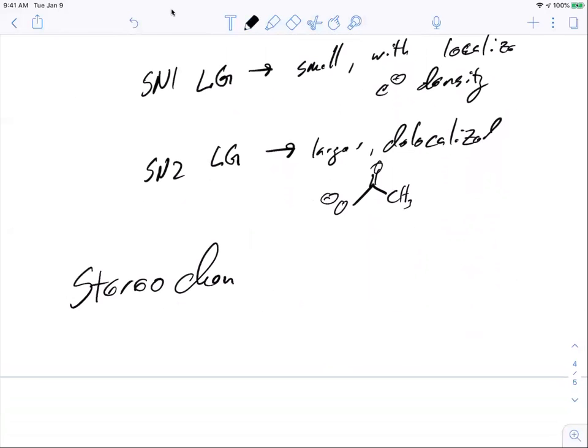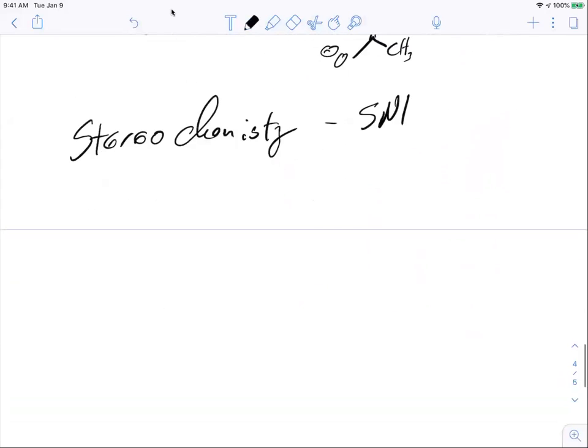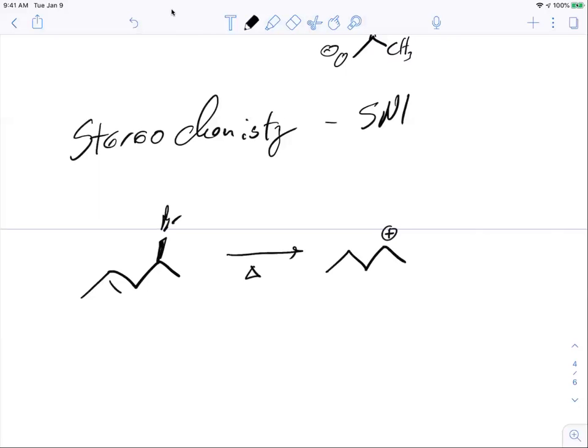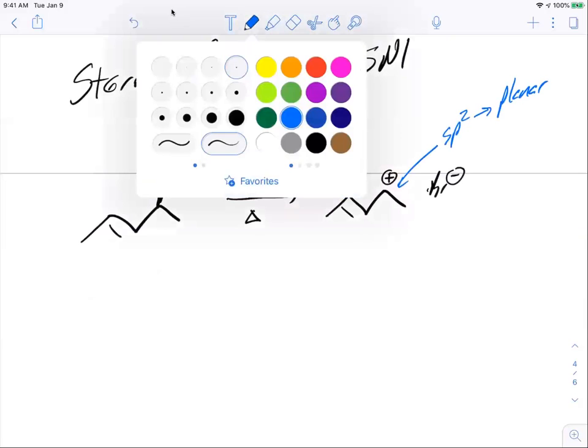We talked about stereochemistry a little bit on Tuesday. Let's talk a little bit more about it for an SN1, and we'll use this example. So we start with a chiral species. What happens in that first step is I go to a carbocation. That carbocation is sp2 and is therefore planar. That means that whenever my nucleophile comes in,